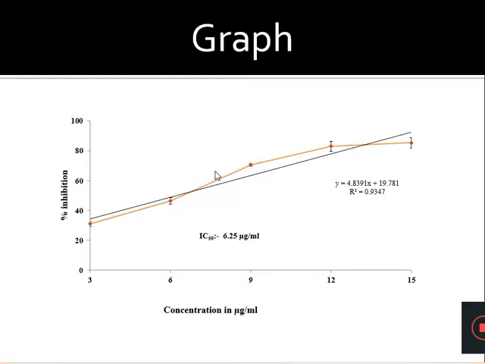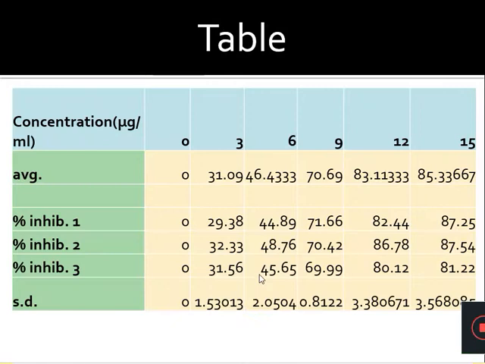Compared to a table, a graph gives you visual appeal, and it is more impressive to a layman. Graphs also give you various trends. It is not a linear increase: up to 9 microgram per ml concentration it has a drastic increase, whereas from 9 to 15 it is only a slow increase. So the trend can be understood better from a graph than from a table.